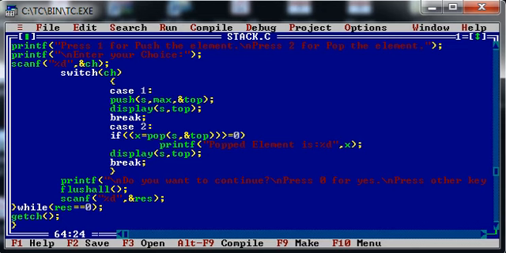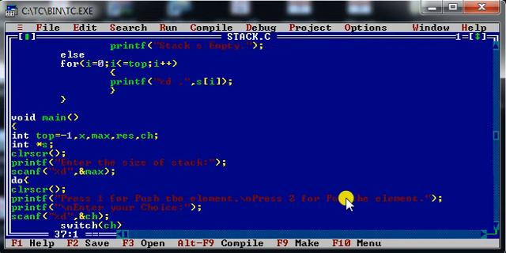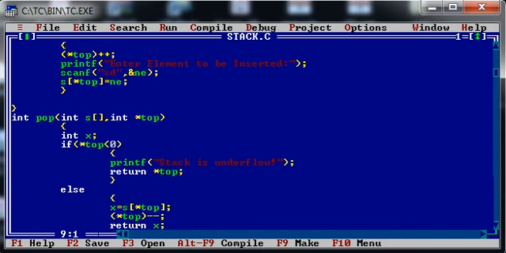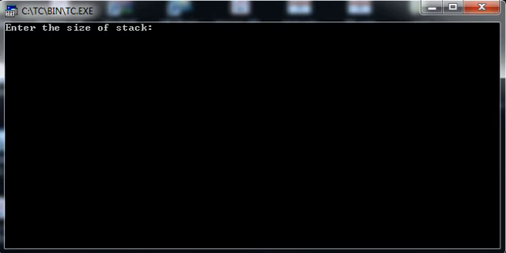Okay, and once again after successful pop operation, I am displaying the content of stack using the display method. Fine. Then after I will ask the user whether he would like to continue the operation or not, right? And that I am doing with the help of res variable. If the value of res is 0, it means user would like to continue the operation, or else user does not want to continue the operation. Fine. So let us execute the code and see how stack operation works.